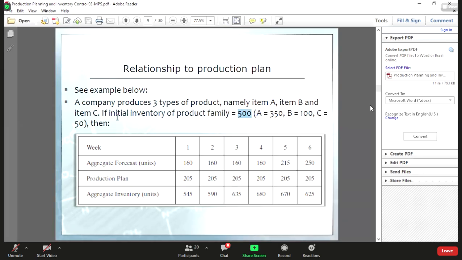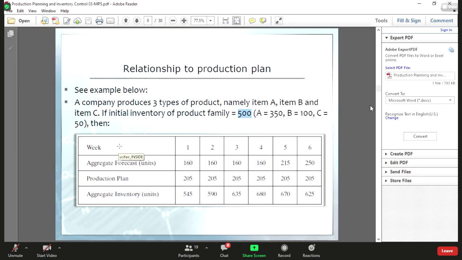Okay, so now we work on weeks, not months anymore, because we are talking about MPS, Master Production Schedule. If you go to, let's say, the Toyota Production System, because Toyota implements just in time, their MPS is not in weeks but in days, sometimes in hours. MPS must be very detailed. The production plan is still in months, but MPS must be very detailed.